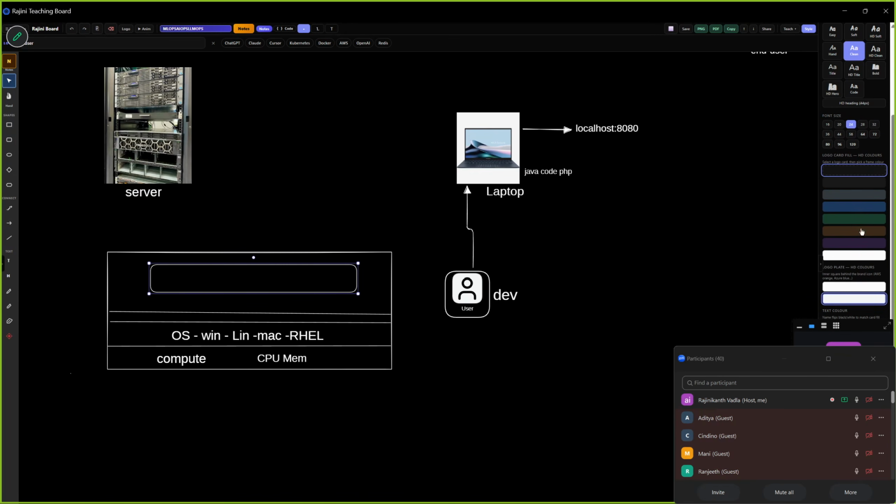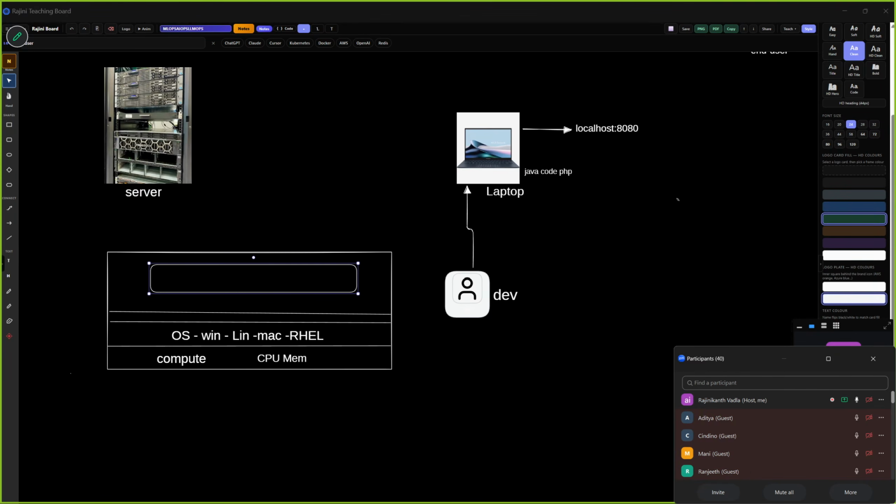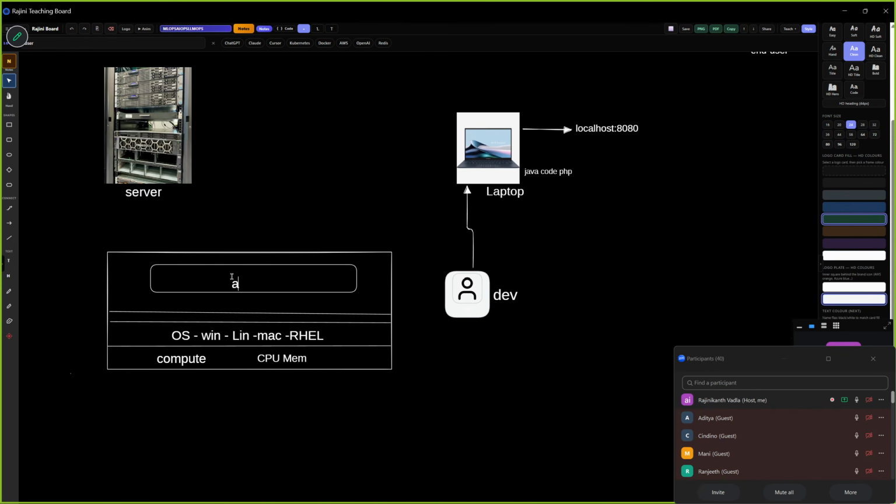Here is the application. Here will run the application, sir. This is my server, and this code I will deploy into this server. How should I deploy this into this server?